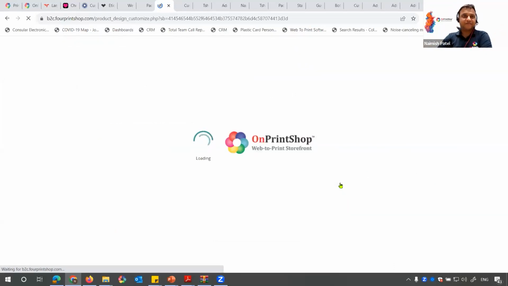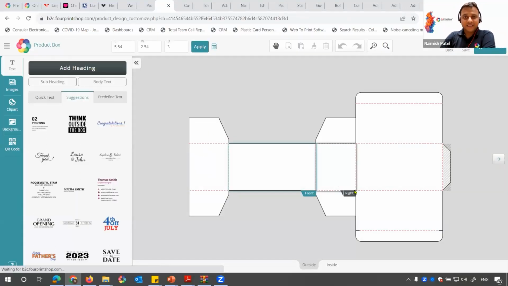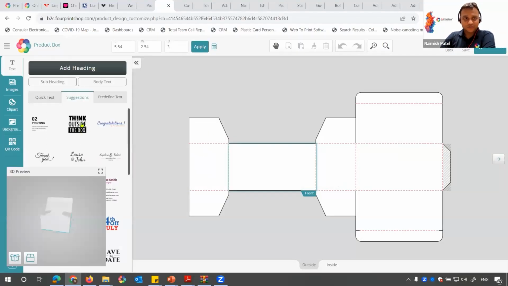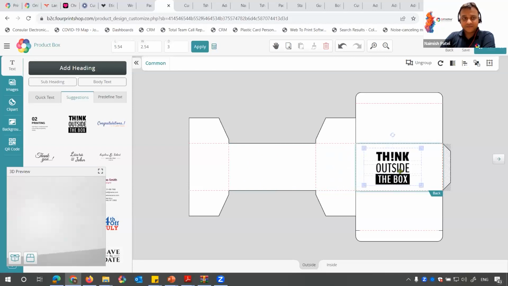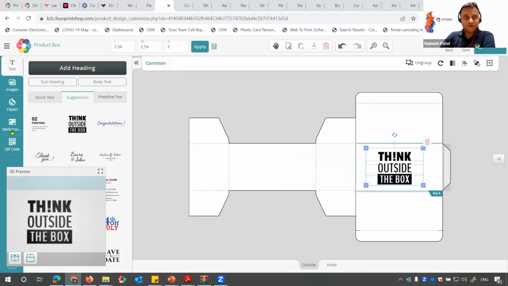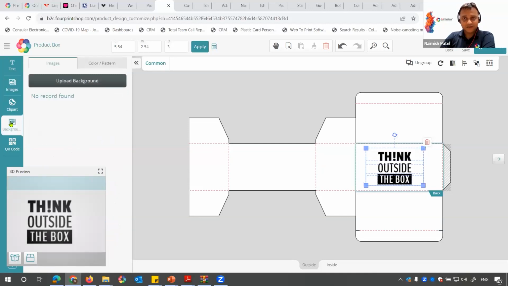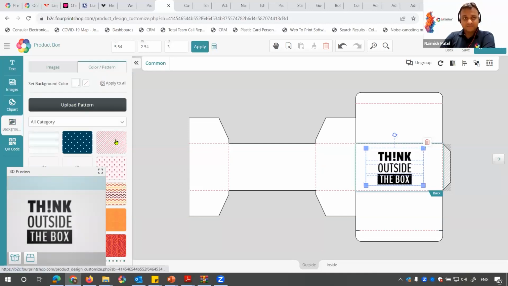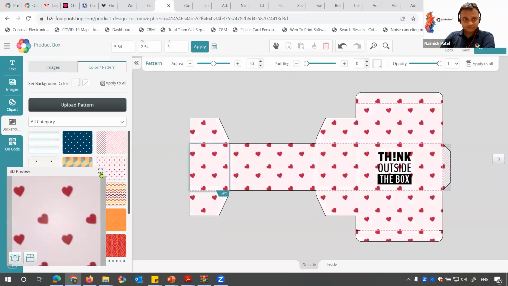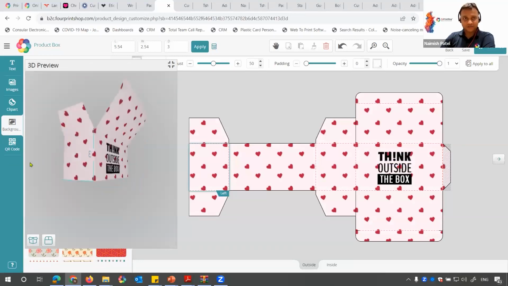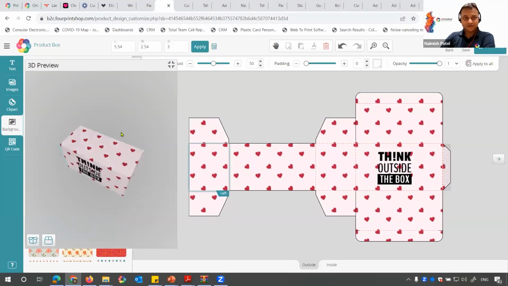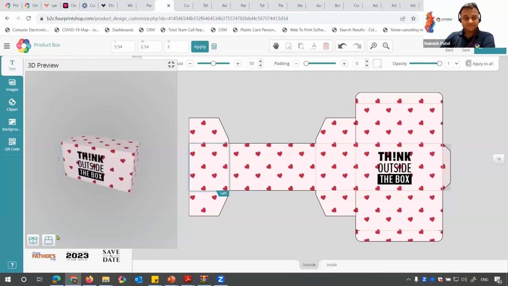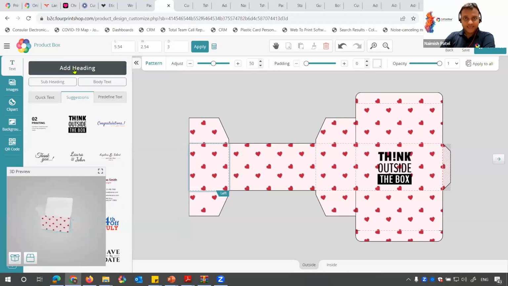And according to the custom height, width, system would open up a designer studio, and then now they're able to personalize. So here they get all the tools. I'm sure everybody would have seen the OnPrintShop basic designer studio. So all the facilities which you have in the designer studios are offered to them. They can apply the images, apply the background text, and then they can see the preview right away. So here, for example, I'm just putting this background, and you can see now the box is ready. If I want to see an inside, how the box would look like as a close, I can also do it. So in case if I say I want to put a text somewhere here,